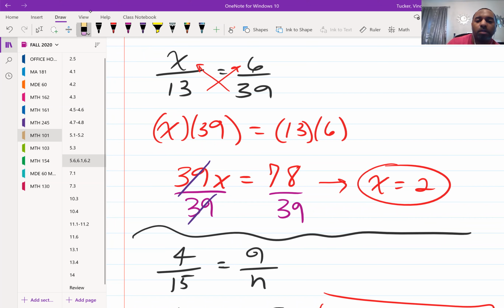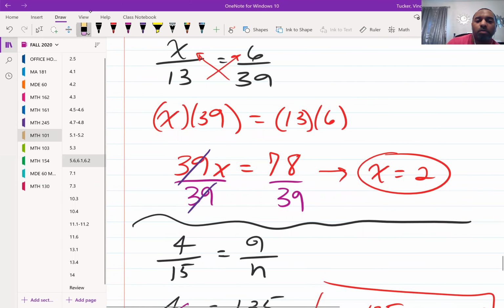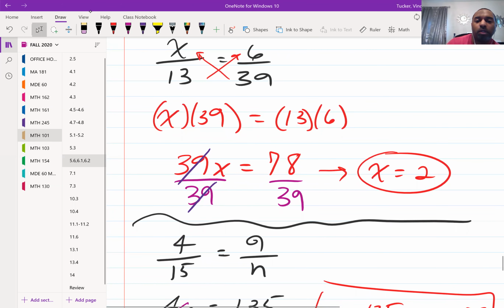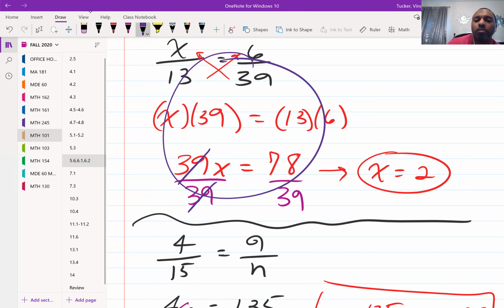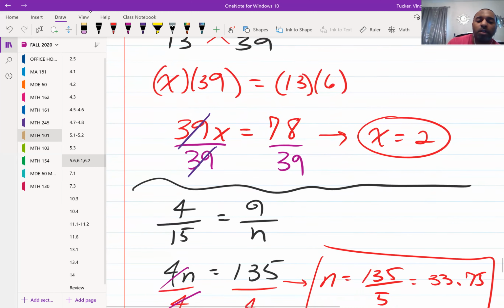All right. Problems with that one? So as far as proportions, it's always going to be the same process. You cross multiply, then divide by the number that's sitting in front of x. So when I look at